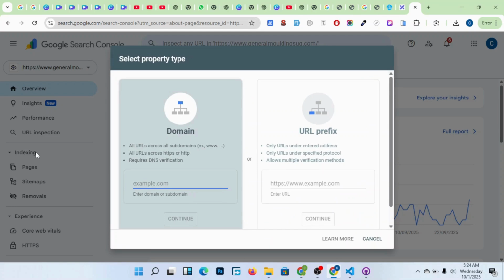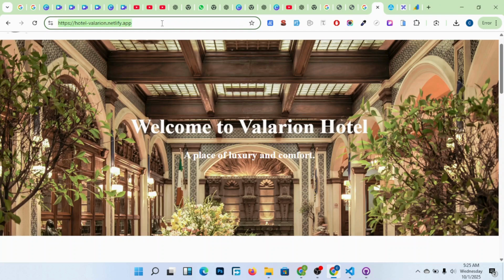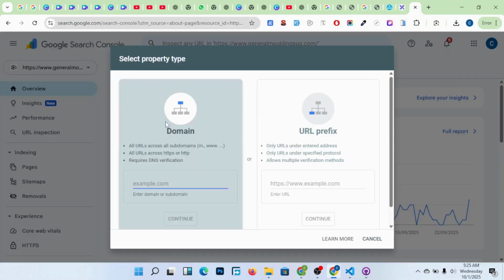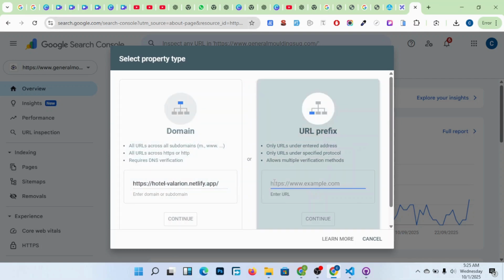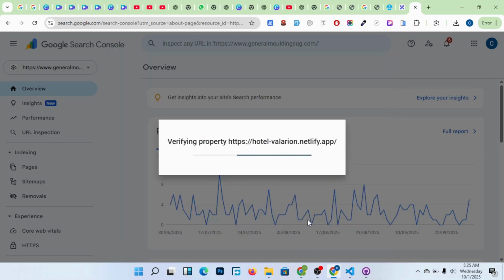They're asking me for the domain name of my website. You see this website here, which I hosted. All those changes are being applied because I've pushed them to GitHub already. So I put the domain name here very well, and I also put the domain name here, and I continue like this.